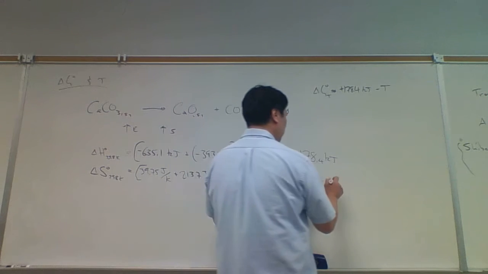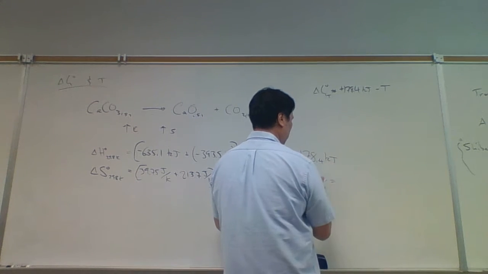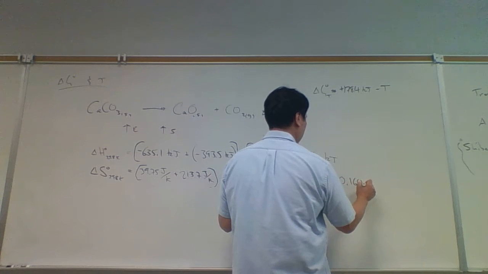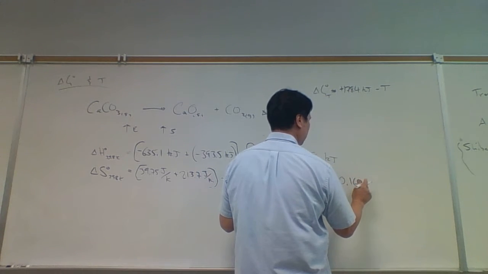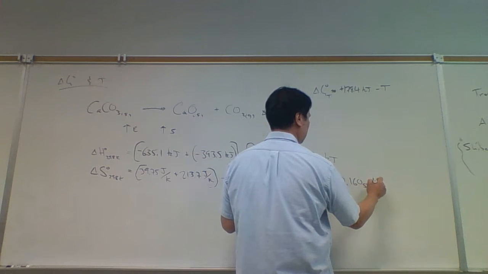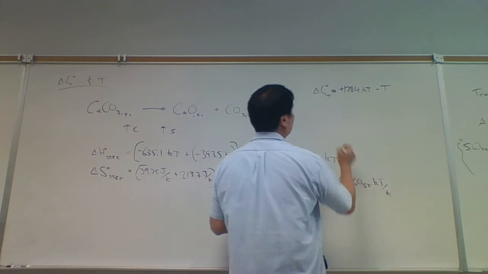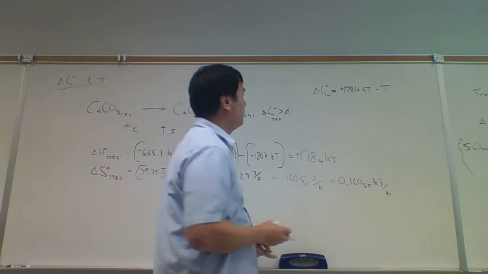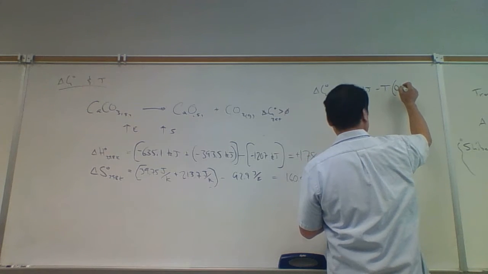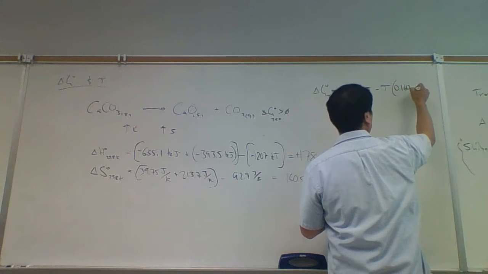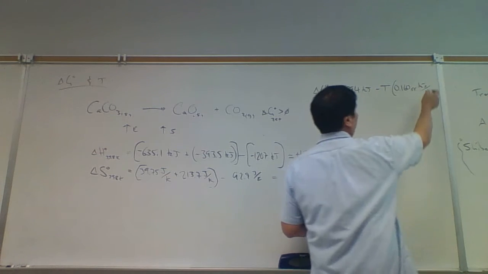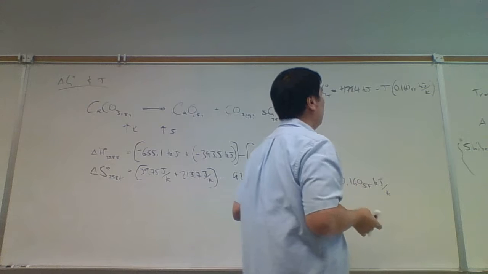But anyway, we're going to get these in the same units. And so this is going to be 0.1605, with the 5 subscripted, just to carry some extra kilojoules per Kelvin. And so over here, this is going to be temperature times 0.1605 kilojoules per Kelvin. Now, at 298 Kelvin, let's say at 298,